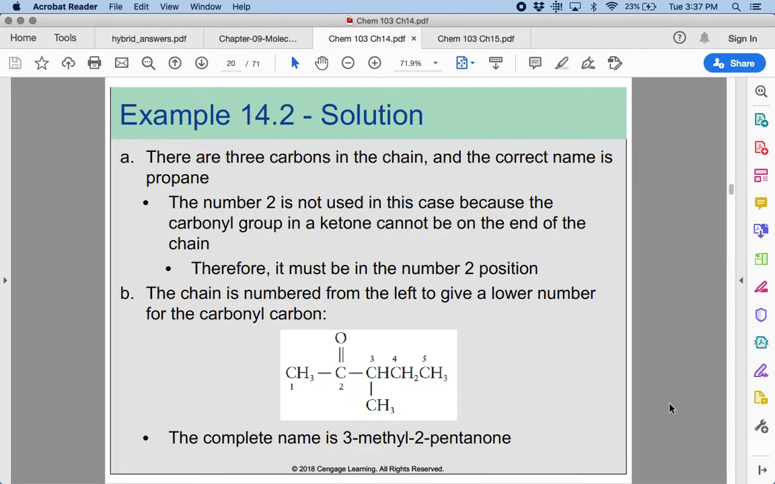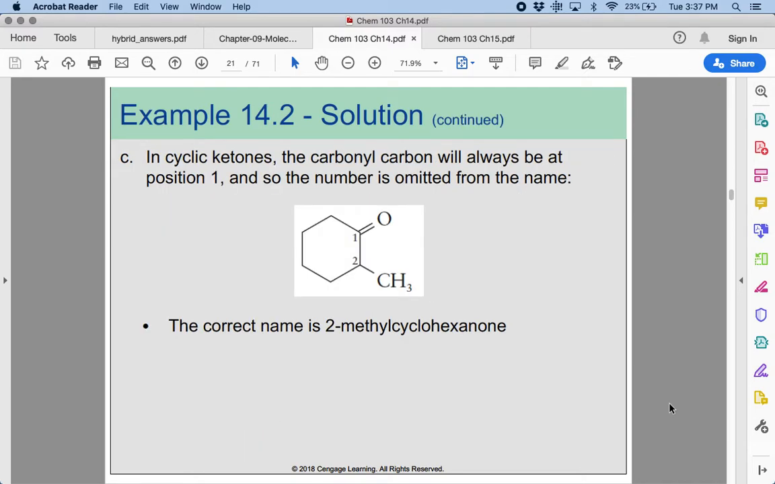So the first compound is propanone, and like we talked about earlier, you could put 2-propanone, but it's understood that the carbonyl has to be in the center carbon, so it's a little bit excessive to put the 2 in there. So we don't have to call out the number 2. Next would be 3-methyl-2-pentanone. And lastly, we have